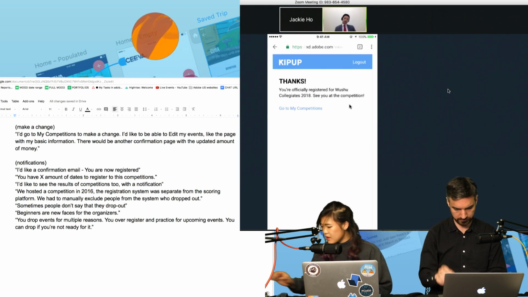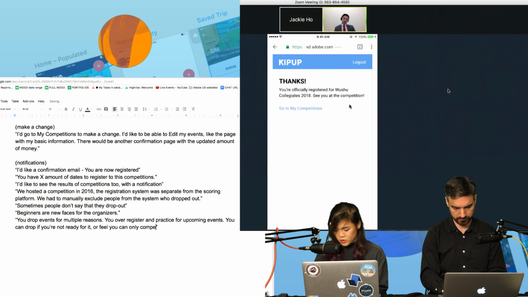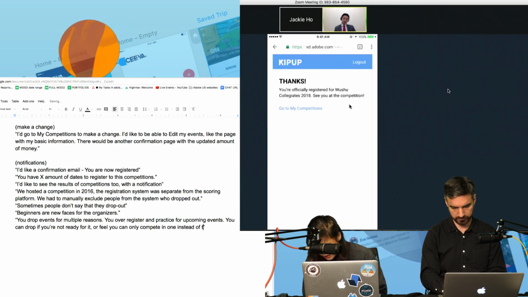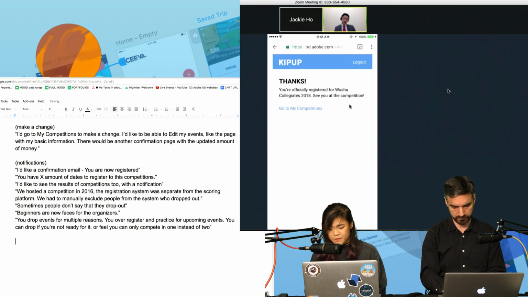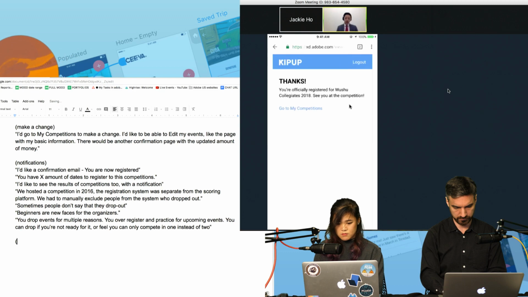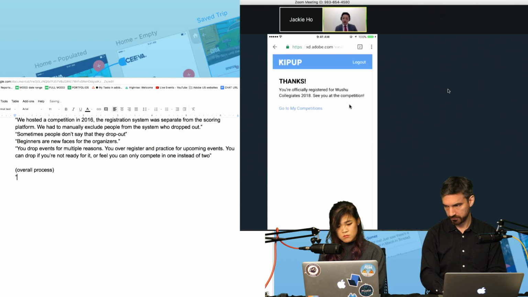Great. I have my questions here. So this is the last page of it. How is this process overall? How did you feel about the length? I thought it was significant. Well, it felt at least significantly shorter than all other registration processes I've gone through.